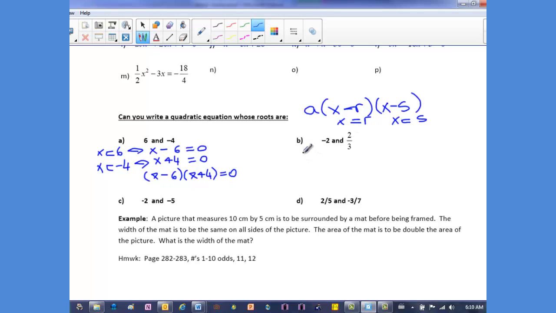Let's try this one. It would be x plus 2, x minus 2 over 3 equal 0. Remember